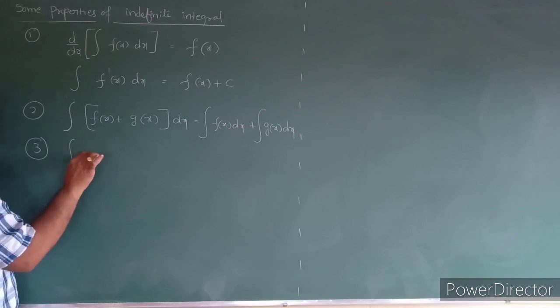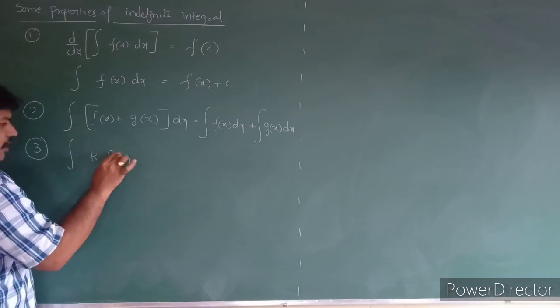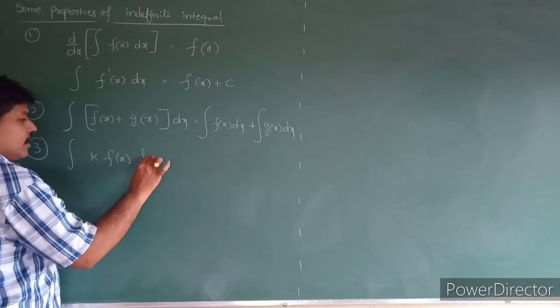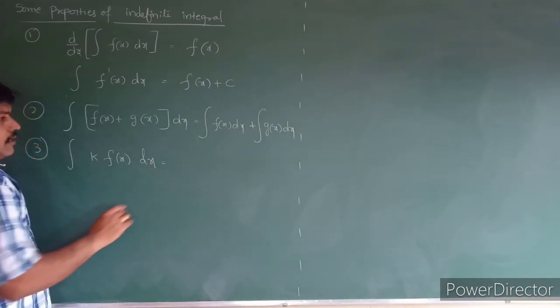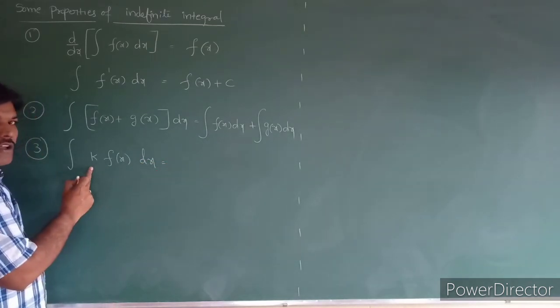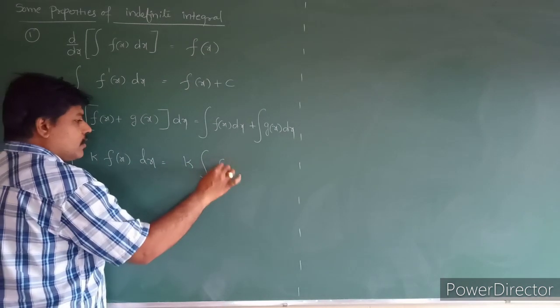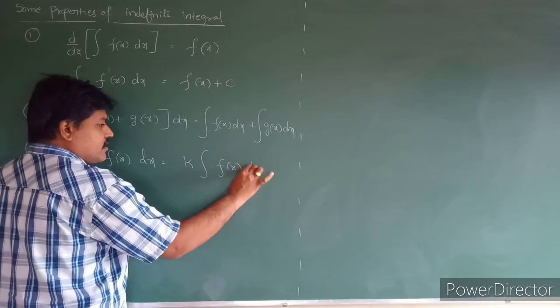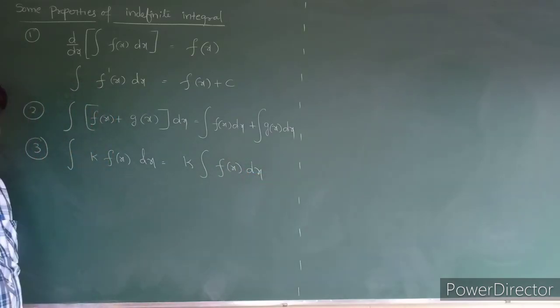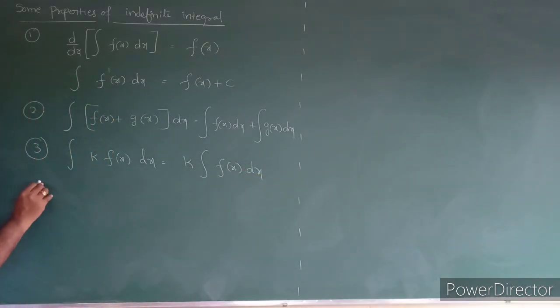the integral of k into f of x into dx. What is that? It can be written as, k is a constant, you can take it out. So you can write it as k into the integral of f of x into dx. Similarly, you can take